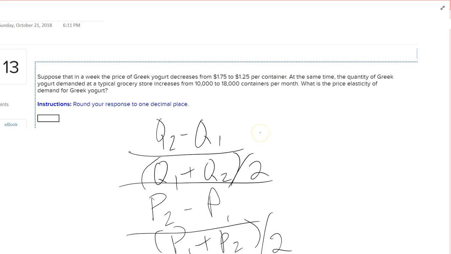So just plug those values in and you're going to get a result, and it's going to be price elasticity of demand, so you're going to get a negative. You're going to take the absolute value. So when you're writing your answer in, you don't need to put the negative. Just write your response in terms of absolute value, and you should be pretty fine. This is just a calculator problem.